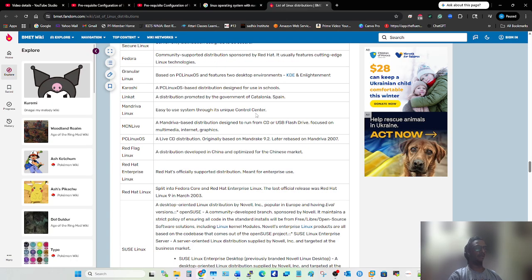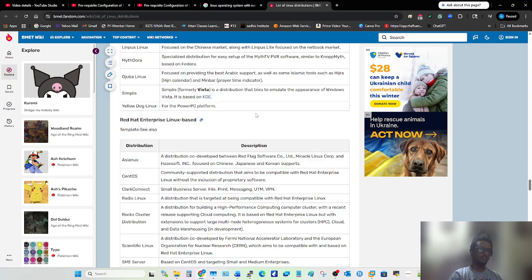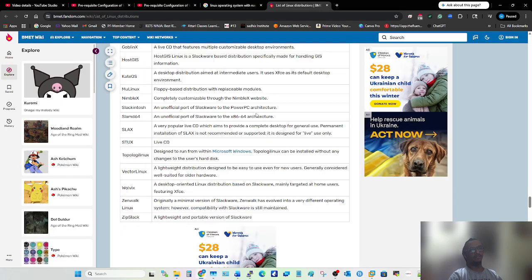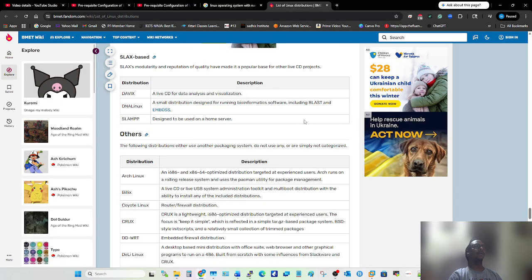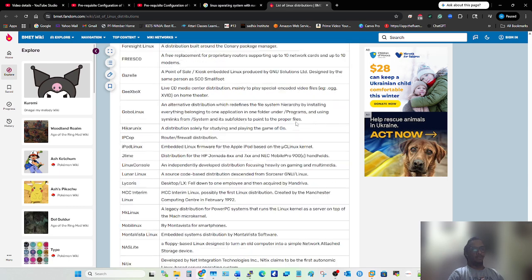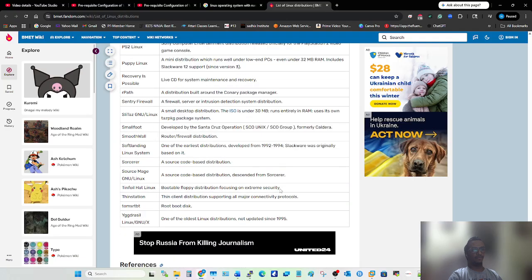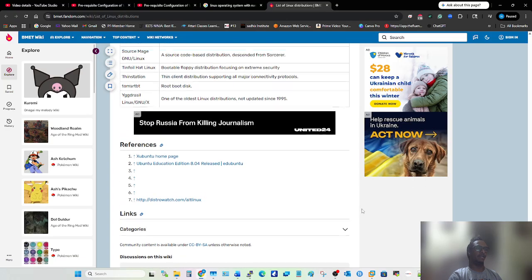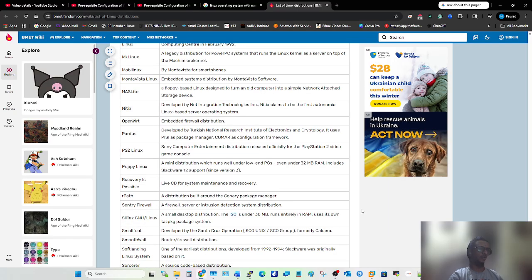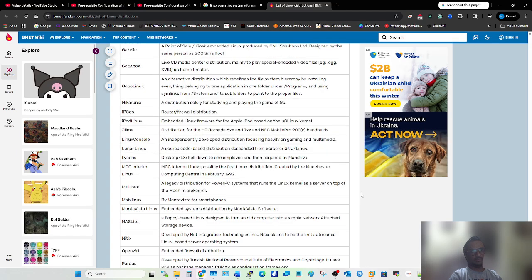Okay, so these are the operating systems. There are multiple operating systems. You can say thousands of operating systems are available in the market, which are Linux based. So we are using the Red Hat operating system as it is used worldwide, and Red Hat has its own certification program. If you want to do certification in Linux with Red Hat, they have multiple exams you can pay for and attend.